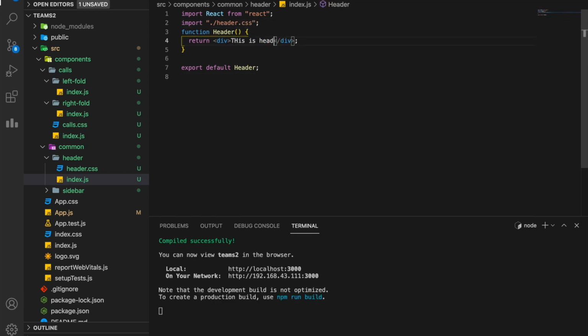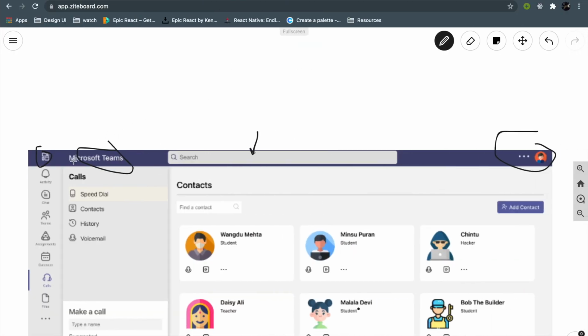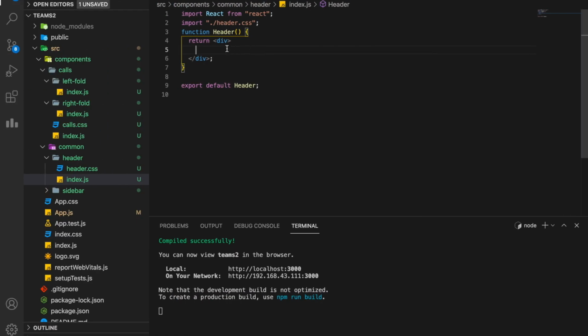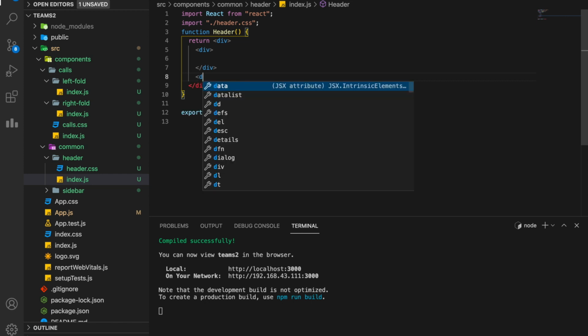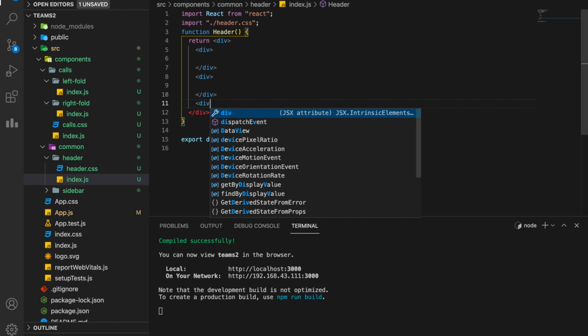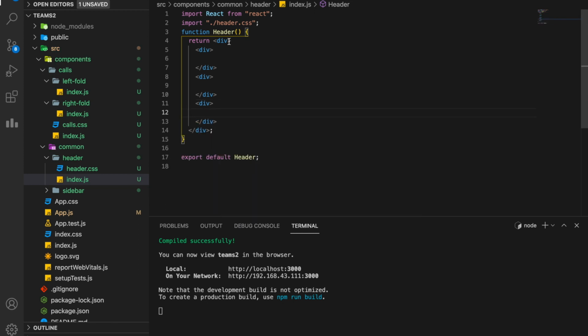Let's remove this part. Now if you look very closely, this header is following a similar ratio to my body. This menu part till here is again a ratio of 1:3:11, right? It's parallel to the body. So the very first thing that we will do is create three divs: div 1, div 2 and div 3, and let's give them names.